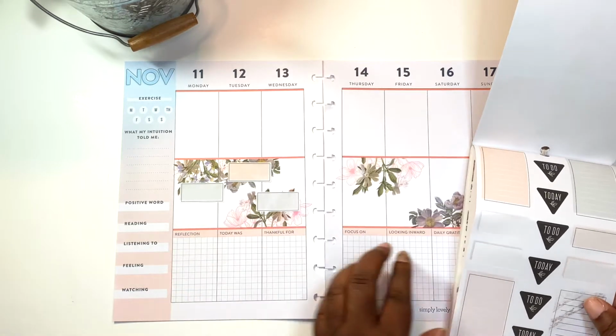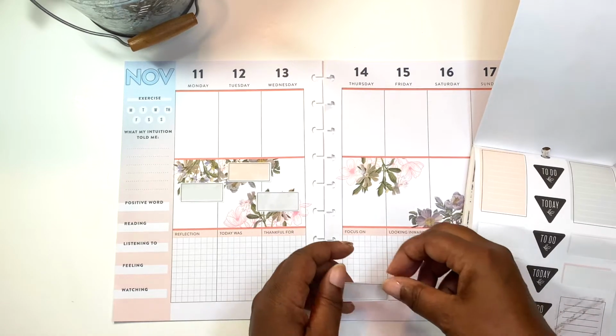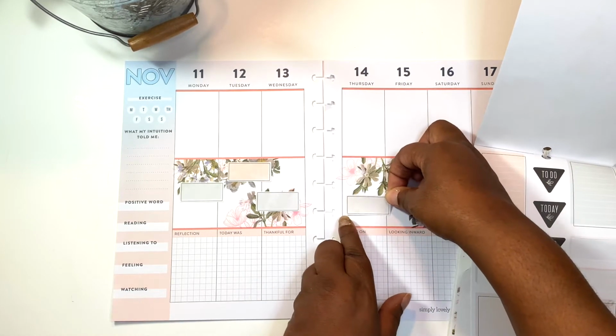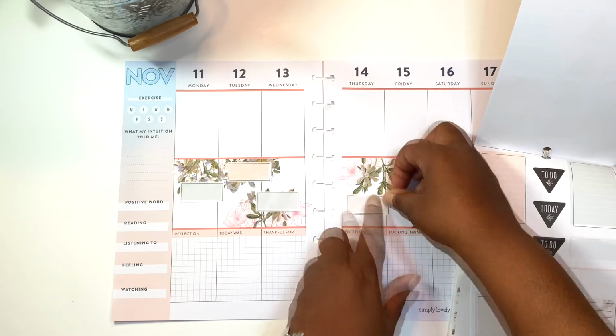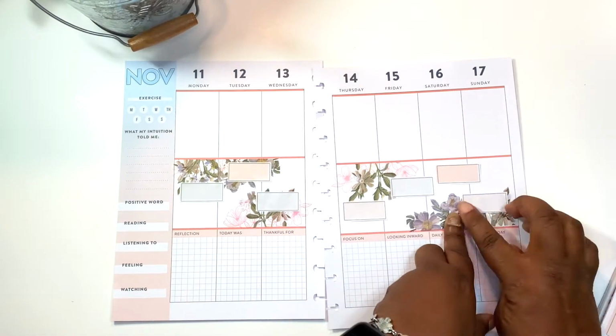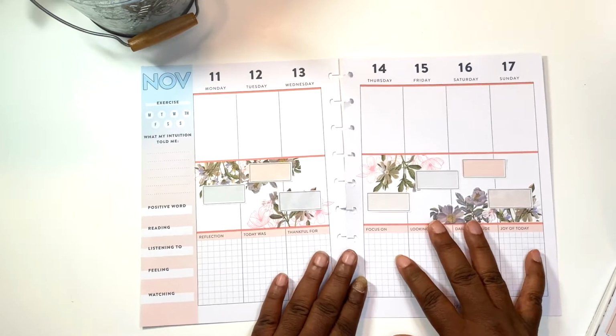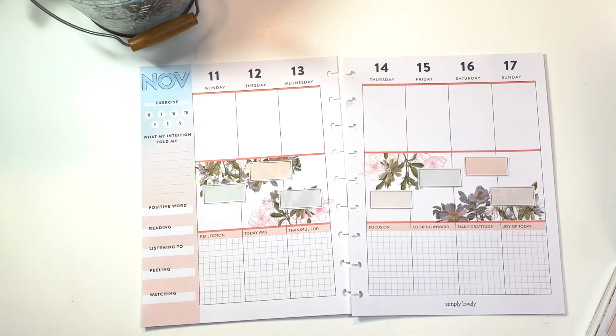So that makes Monday, Tuesday, Wednesday, Thursday. Let's go with Thursday over here. And since there is no flower here, I'm just going to do this one right here. So you'll see that now I have a place to track all of my steps. If I don't do my steps for that particular day, I tend to use that box for other purposes, but primarily my purpose is to